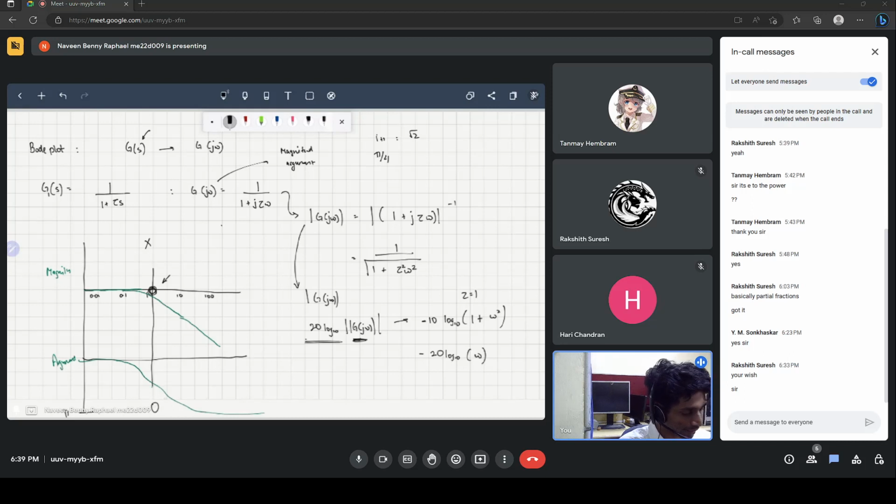An argument of pi means a negative number, and a magnitude of 1 means the same magnitude. Therefore, if you have a specific transfer function whose magnitude is